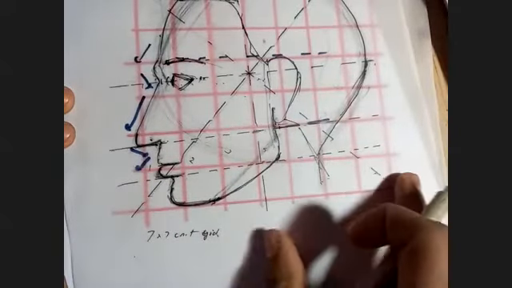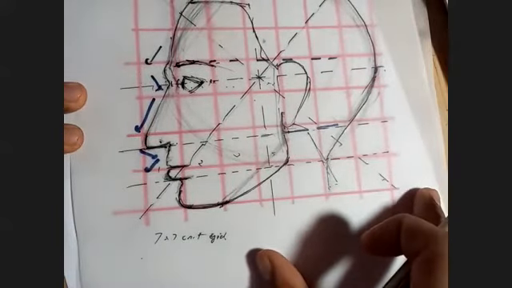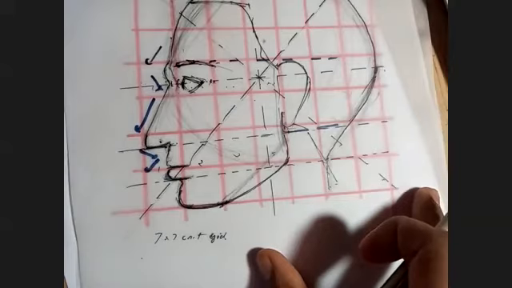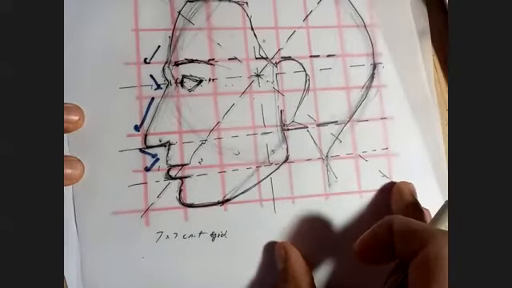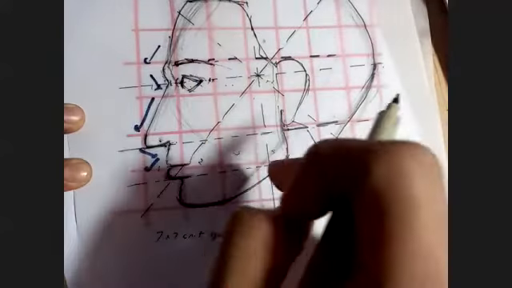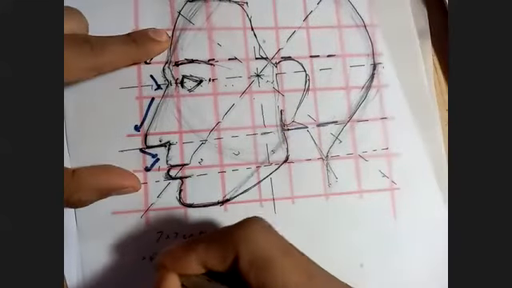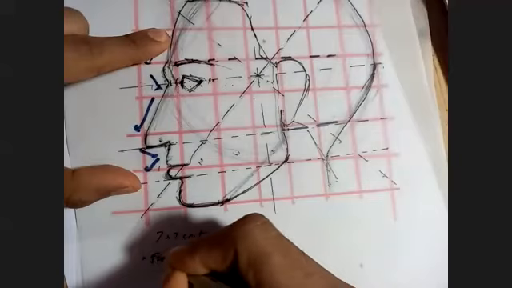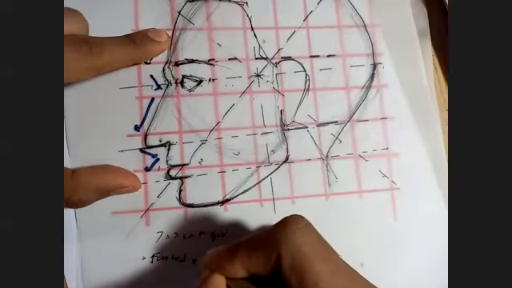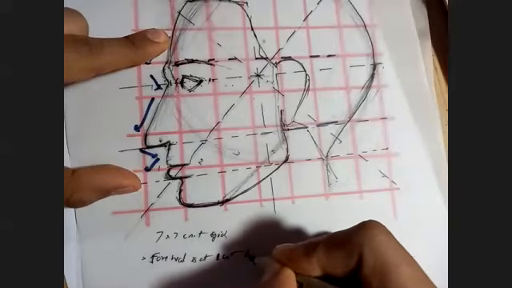The horizontal readings, yes, Usha? You had some questions? Okay. So the horizontal readings, what we are going to do is, guys, your head, the forehead, the part that projects the most out of the forehead is at 1 unit. Forehead is at 1 unit behind.